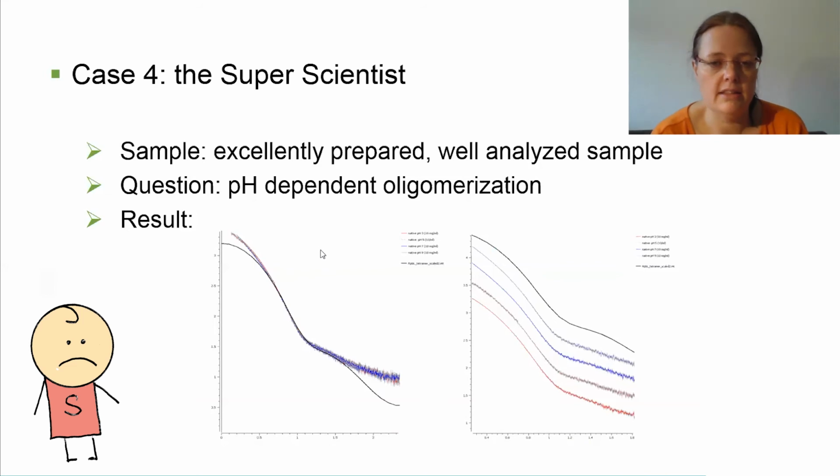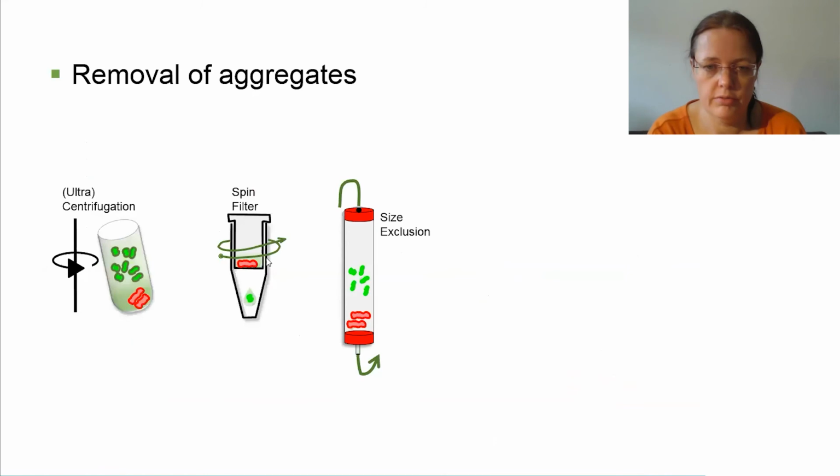And this is often the case. It's just that we have the unexpected problem. Somewhere along the storage, the transportation, something unforeseen happened to the sample and it starts to aggregate. Normally there's not much you can do. There are some small first aid steps that you could do at the beamline.